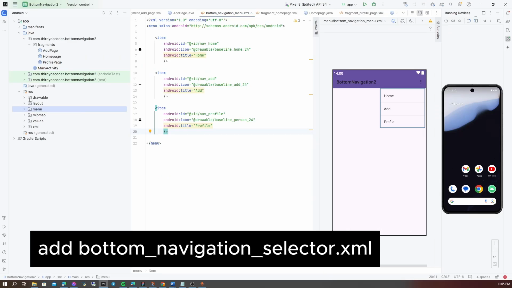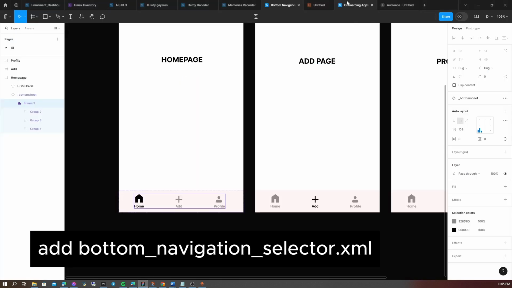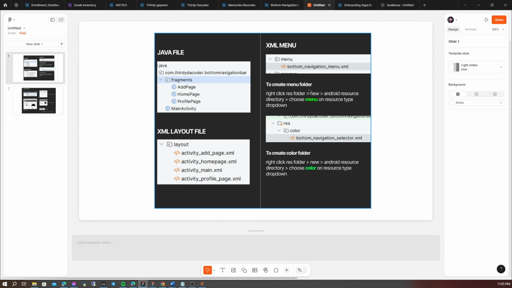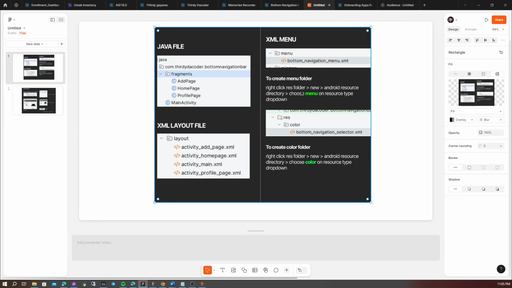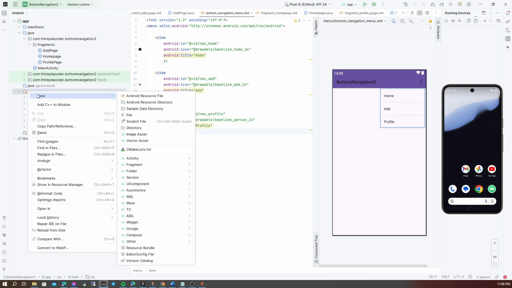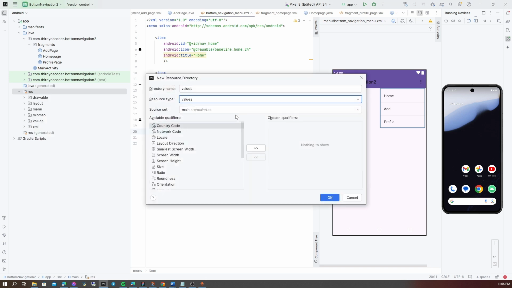We create another folder. As you can see in our file structure, we have the bottom navigation selector. The purpose of it is to change the color when active or inactive. In the res folder, new, and under the resource directory, we add color.